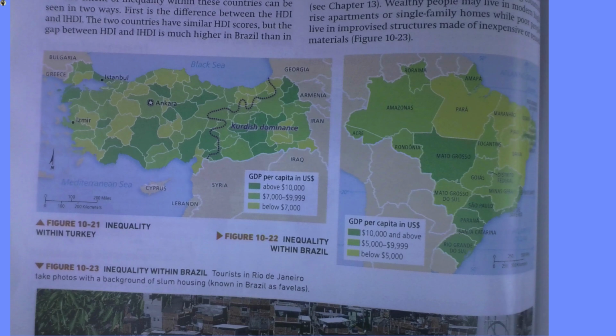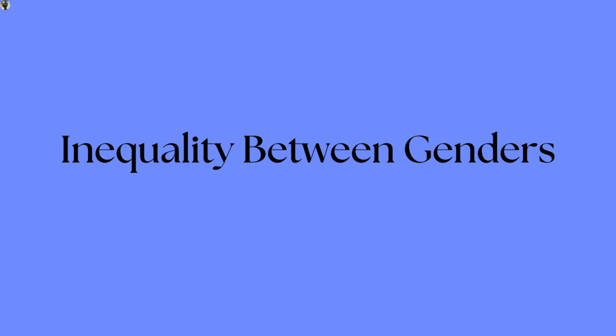The current trend of inequality within countries in MDCs like the US and the UK is that inequality between the rich and the poor is increasing, when before 1980 it used to be decreasing. We will now touch on the serious topic of inequalities between genders. The UN uses two measures to measure the inequality between genders: the Gender Inequality Index, also known as GII, which we will be seeing shortly, and the Gender Development Index, known as GDI.